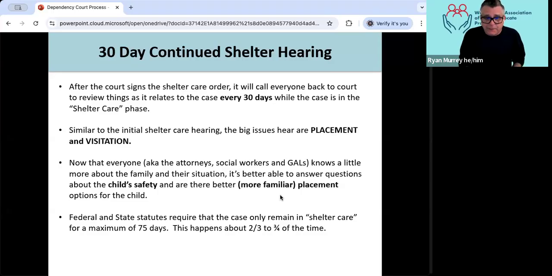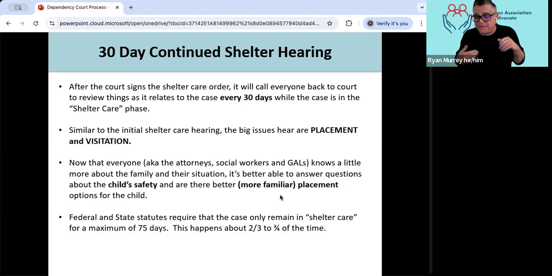And federal and state statutes require that the case only remain in that shelter care for a maximum of 75 days, right? So from the time that petition is filed to when a determination is made about whether or not that child is dependent, that should only take 75 days.